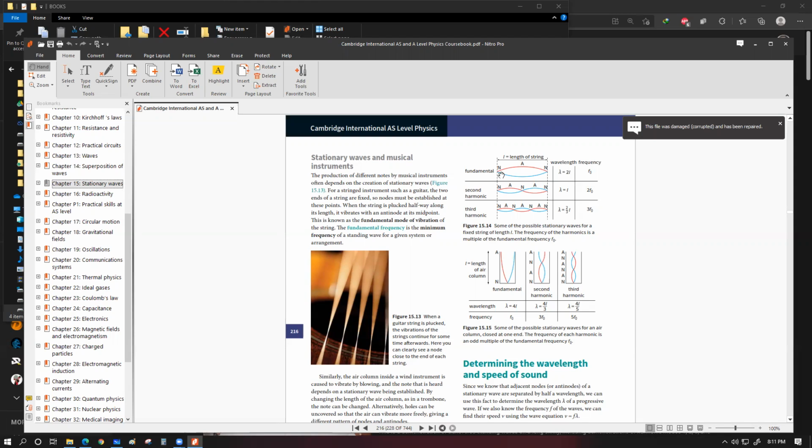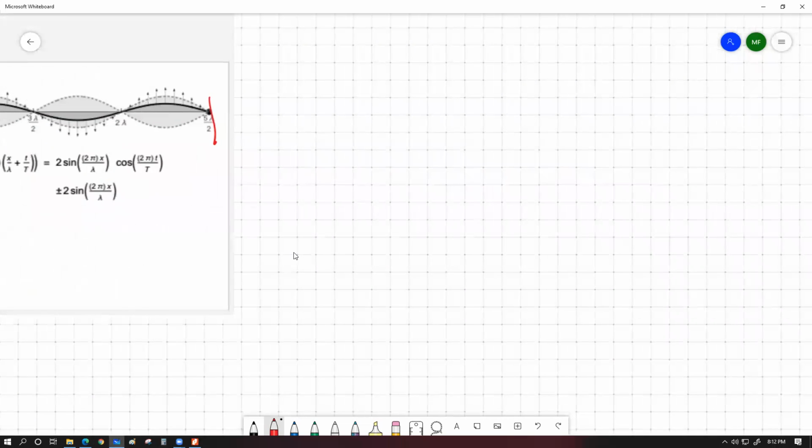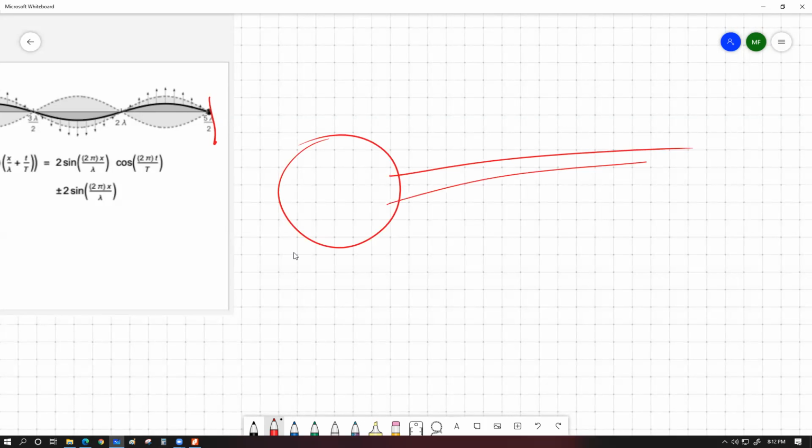To be more practical, the reason we are judging this example like this is because the idea of vibration or stationary wave is actually more commonly or more frequently applied for the case of musical instruments. Now, if you consider a musical instrument that works with wires, let's say if we have a guitar, let me just draw a banjo because it works with a circle. So let's say this is a banjo,